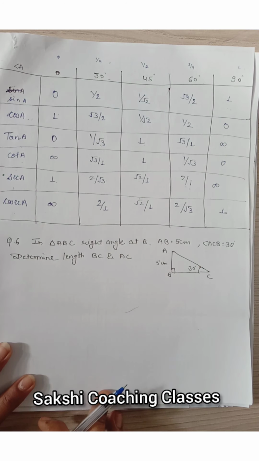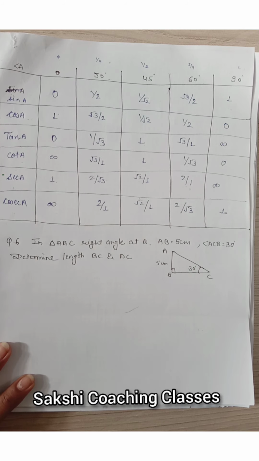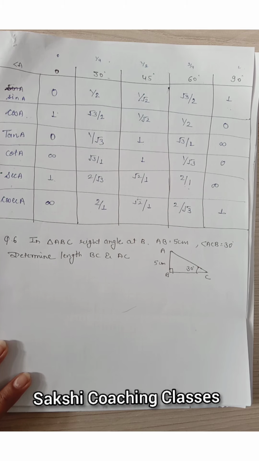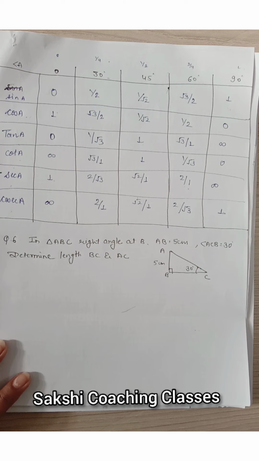Question number 6, that is example number 6. In triangle ABC, right angle at B, AB is 5 cm, angle ACB is given as 30 degrees. You have to find the length of BC and AC. BC is the base of the triangle and AC is the hypotenuse. You know what? For the base and for the hypotenuse, we have perpendicular. So for perpendicular, what is the formula for the perpendicular? You know,